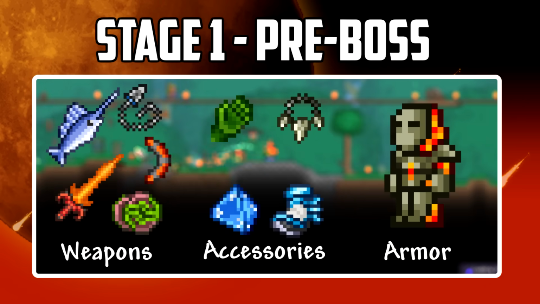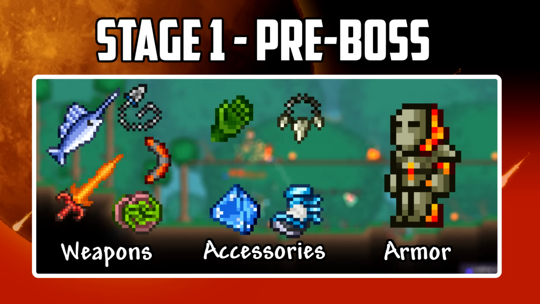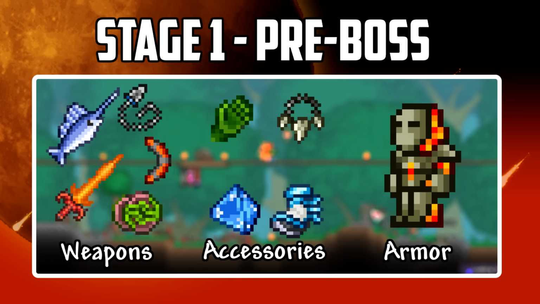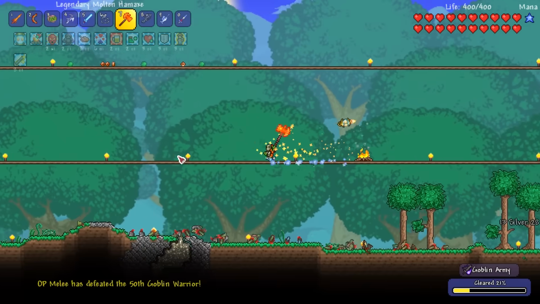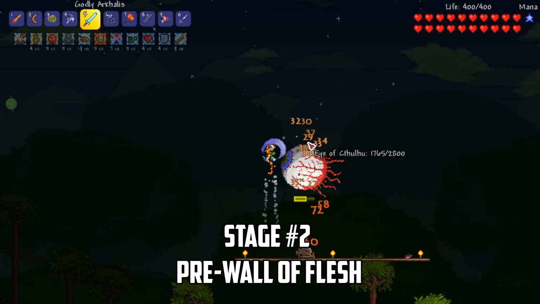We have the Fiery Greatsword, Flamerang, Amazon, Chain Knife, Swordfish, and Arcalis, as well as the Reaver Shark, Molten Hamaxe, Clubfish, and a full set of molten armor. For accessories, we got the Feral Claws, Counterweight, and White String, as well as the Shark Tooth Necklace and some nice movement accessories. It's time to start stage 2, and that means we can start fighting bosses up to the